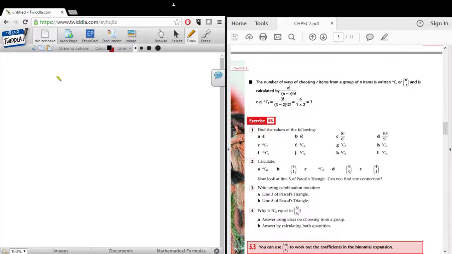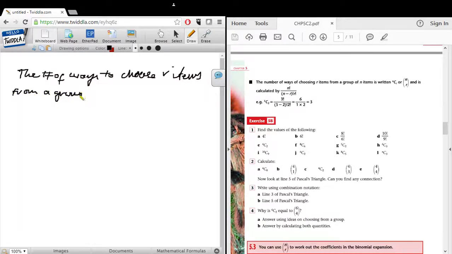So you have the number of ways to choose r items from a group of n items. Of course, here r is always going to be less than or equal to n,